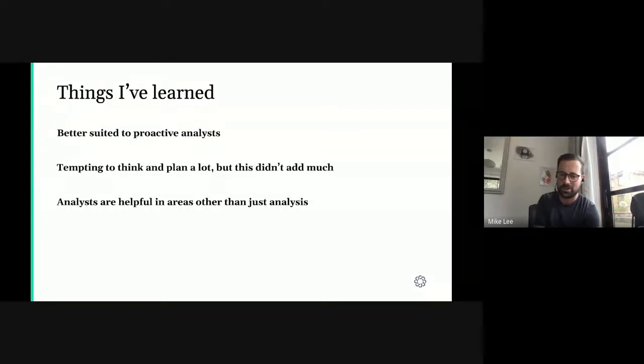So in the centralized model, as I said, with analysts being kind of analysis machines, they just do analysis. You give them a ticket and they can produce something. But in a product team where you give an analyst a space to own, they can add value in very different ways. One of the good examples of this is, we use Segment to